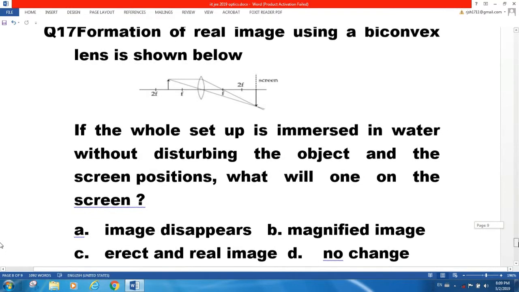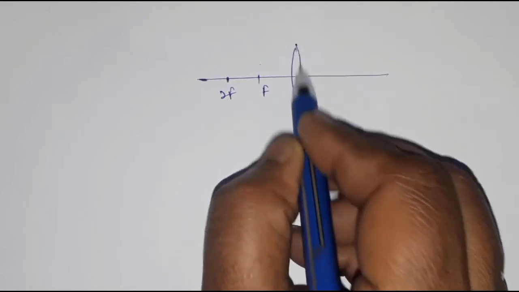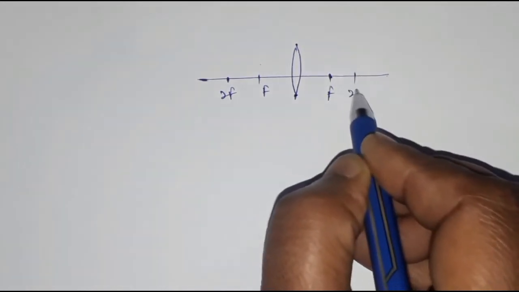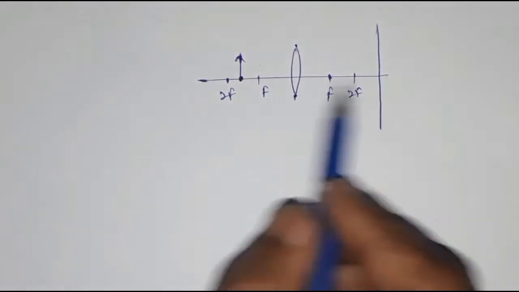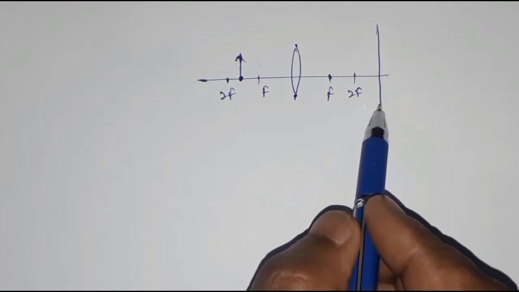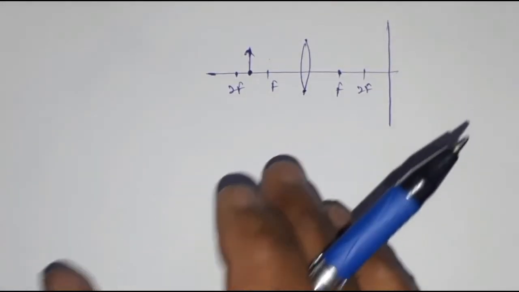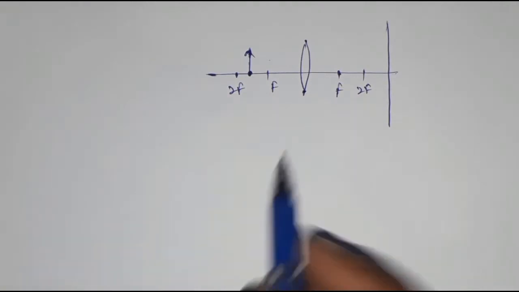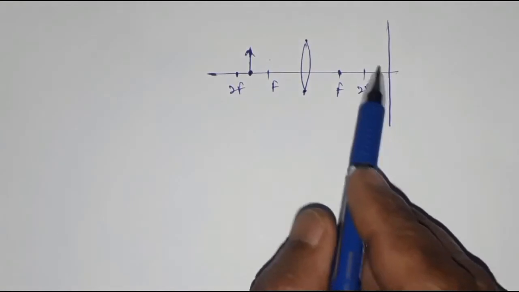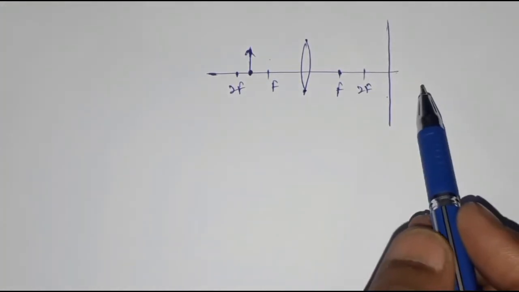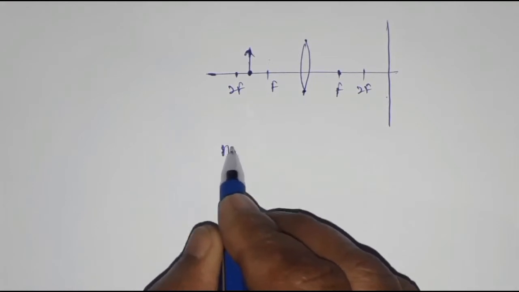Formation of a real image using a biconvex lens is shown below. The figure is like this: this is 2f, this is f, here is the lens, this is f, this is 2f. The screen is placed here, the object is placed here, and the image of this object is obtained on the screen at this point. If this whole setup is immersed in water, then what will be the position of the image, whether it is available on the screen or not? It will not be available on the screen,